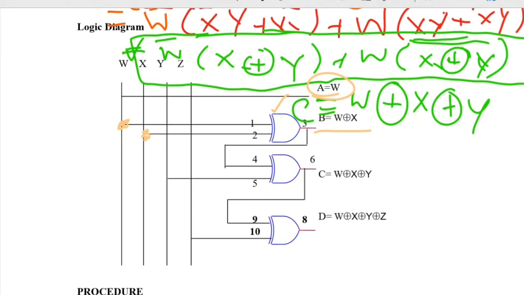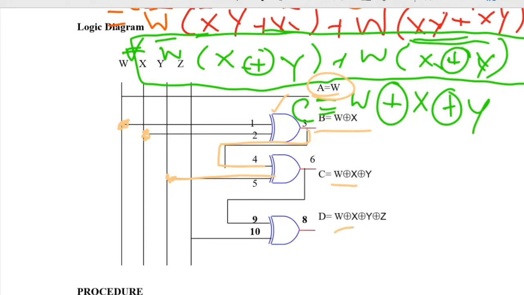Then C is W XOR X XOR Y. So we already have the W XOR X output. I am taking the same output as an input to the next XOR gate. Simply take Y here. That's all. Then what is D?